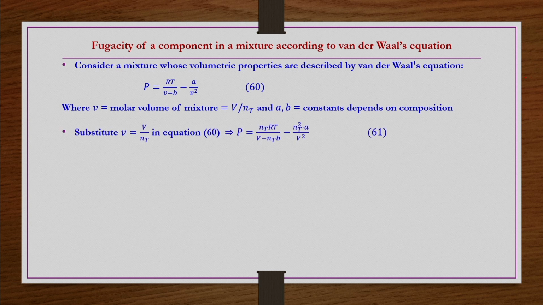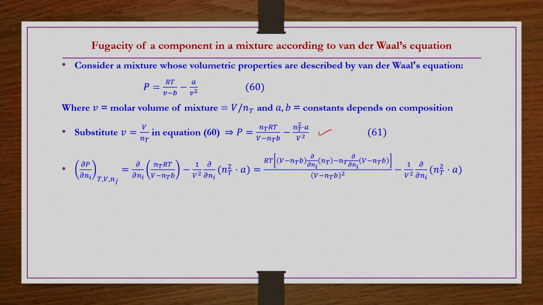Okay. So, those things we also have to see now. First, we will take only the conversion in terms of the total volume. When we do this by replacing small v by capital V by Nt and then simplifying, we will have this equation. Now we need ∂P/∂Ni in order to substitute in equation number 53. Remember, for the last couple of lectures and this lecture, I am maintaining equation numbers sequentially so that it is not confusing. The first equation of this lecture is 60, because until the previous lecture we had equation number 59.